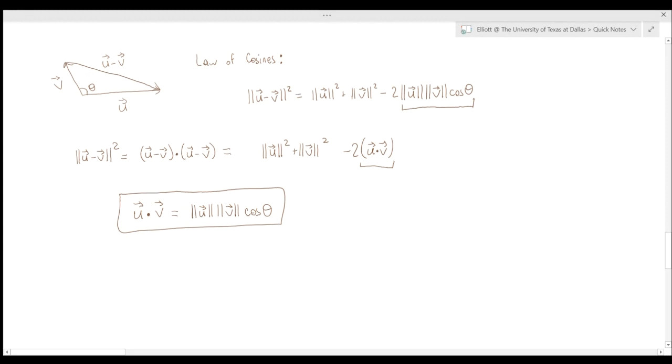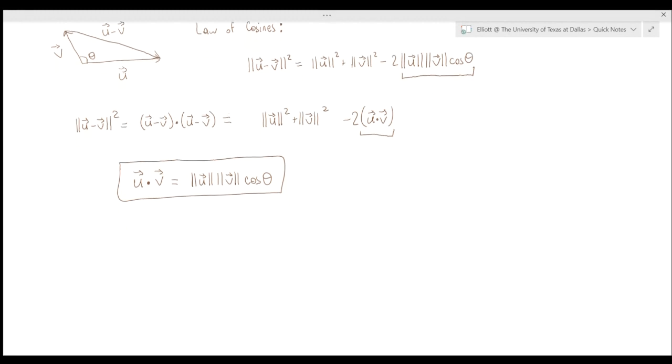All right. So then we'll do a super quick example just to illustrate the formula. Let's say I have a vector u, which is 1, 2, 2. And let's say a vector v, which is maybe negative 1, 1, 0. If we wanted to find the angle between these two vectors,